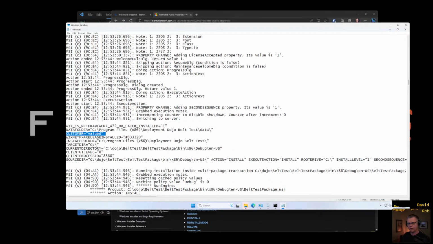So because this is not secure, if I was in the restricted mode, aka not an admin, then when switching the server, this property would not be in the list of properties to be passed across. So we would have never even seen our valued default property, or we should have never really seen it.